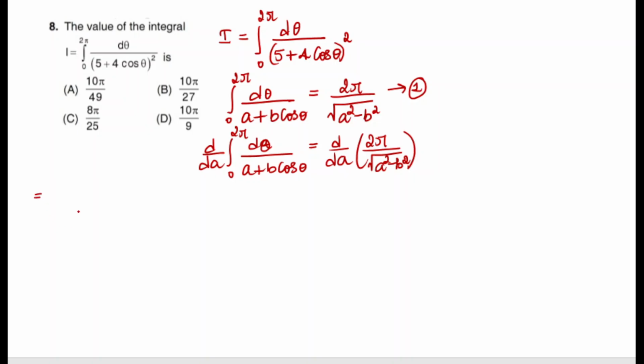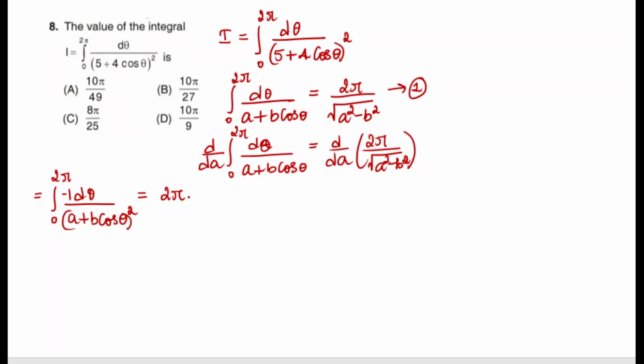After differentiation, what we are going to get, that is the integral from 0 to 2 pi, and d theta remains d theta only. In the denominator, it goes to the upside, it will be minus 1, so it will be minus 1 over (a plus b cos theta) to the power of 2, right? That is equal to, differentiation with respect to a is